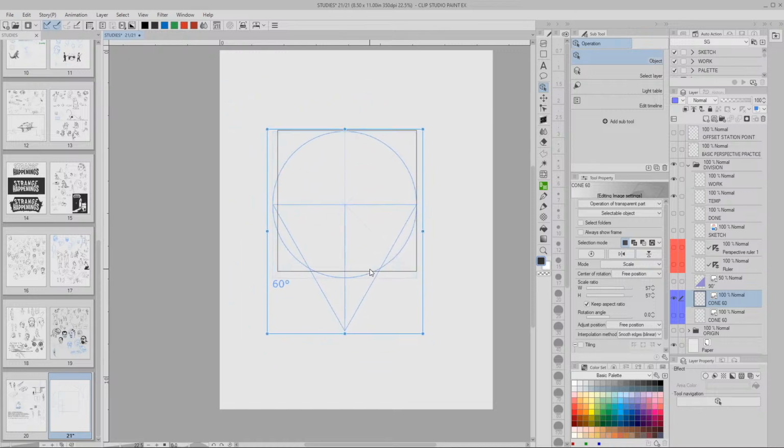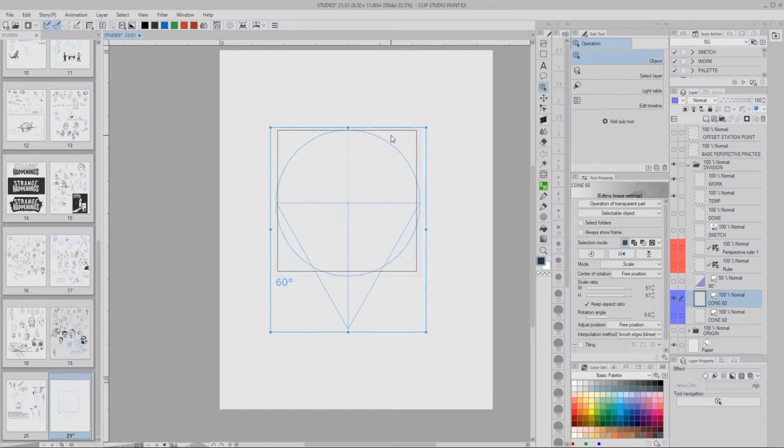Make the cone of vision smaller. At this point, because most picture planes are not circular, you get extreme distortion up here. These parts of the picture plane, when using this as your,